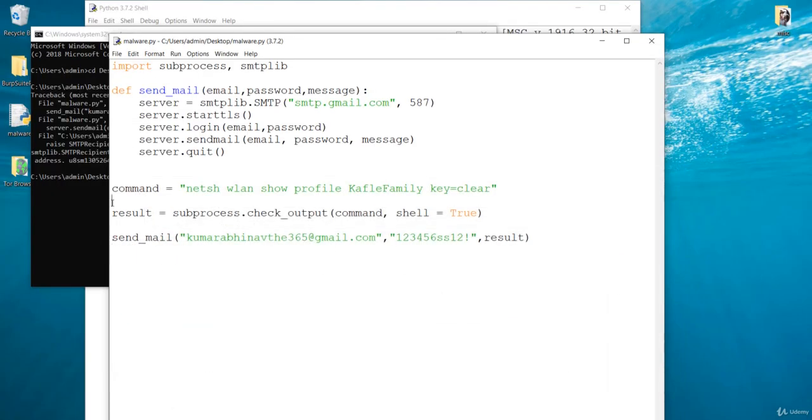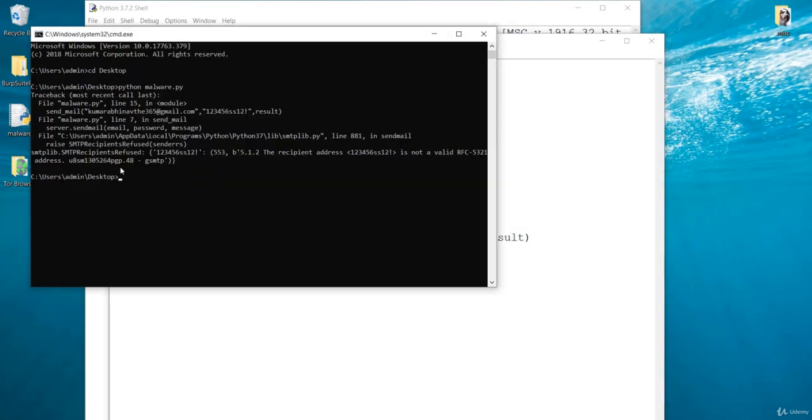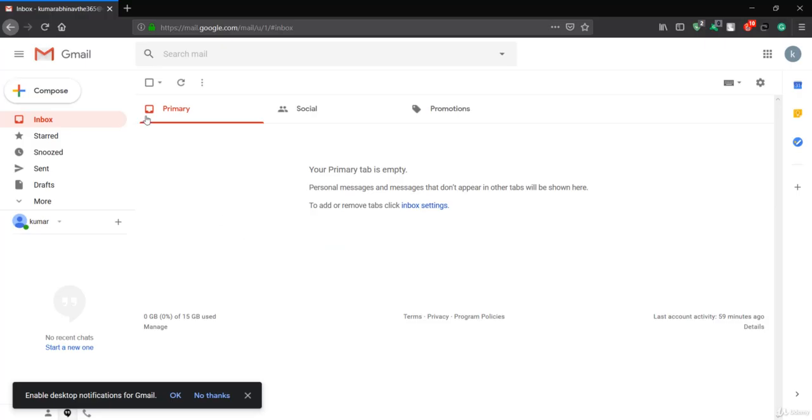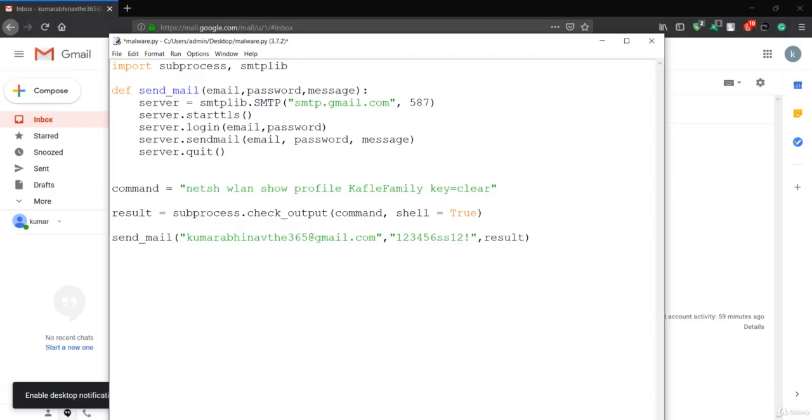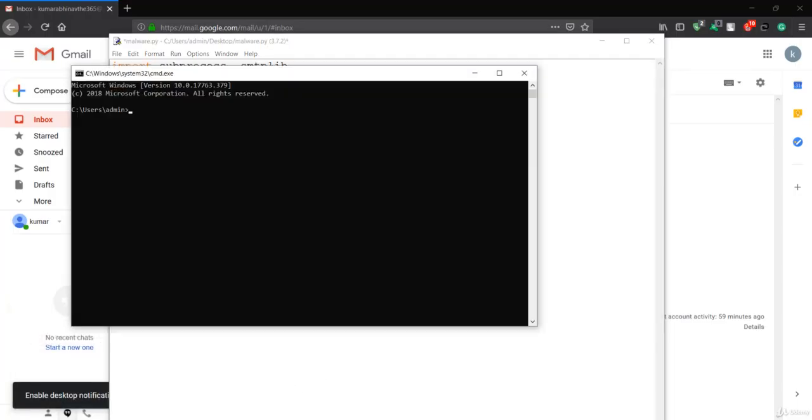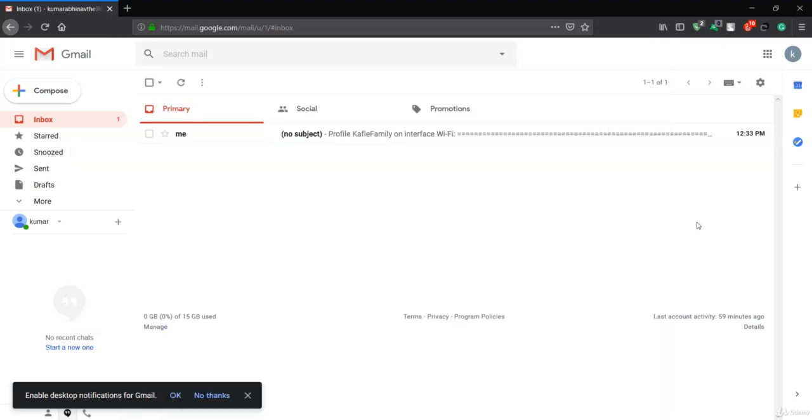Let's go back, and the error here was that when we just log in, it was refusing the connection. So let's see what is happening over here. Let's go again and check. Let's refresh this. It is not working obviously, so we are just getting the error. Let's run it one more time and let's see what the error is. So I'll navigate again, and let's run this malware.